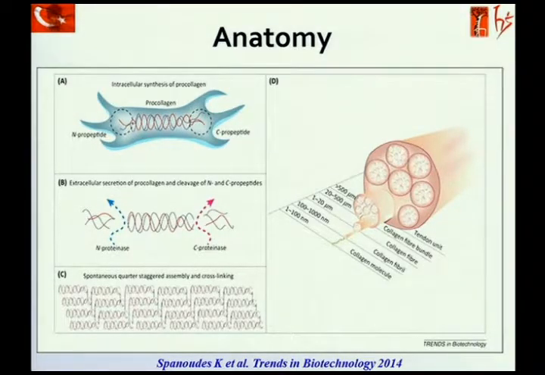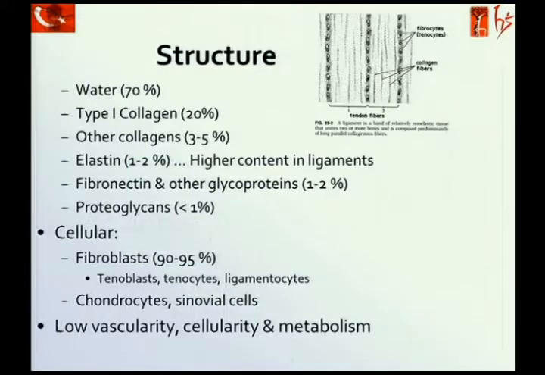Look at the anatomy of the tendon: there is pro-collagen just inside of the tendon, and on the other side you can see different sub-units of the tendon and plenty of cross-linking of the proteoglycan, which can be seen on your left. The structures: the progenitor cells are fibroblasts, and there is plenty of water, type 1 collagen,